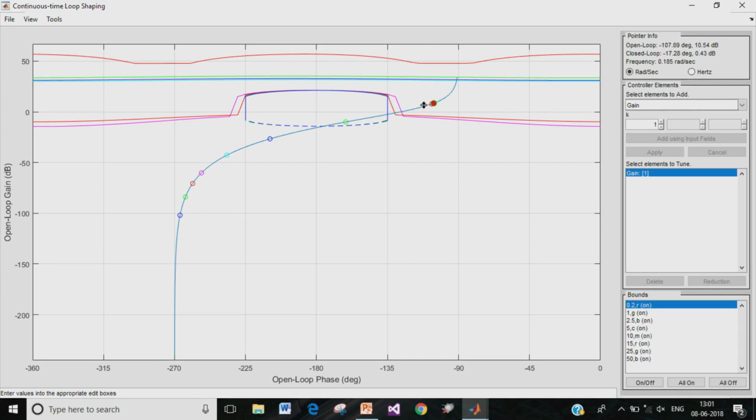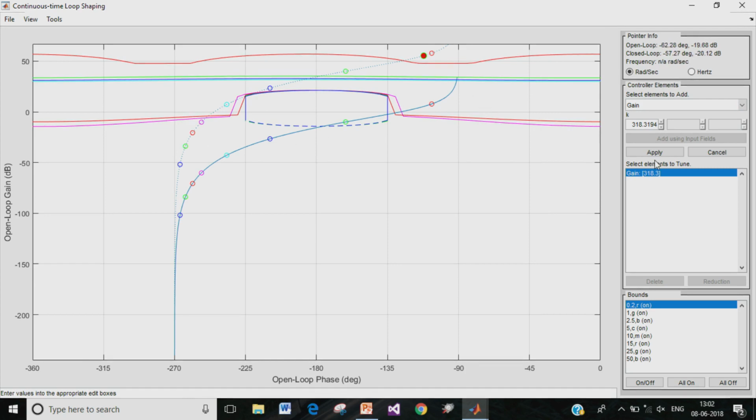So what I shall do here is take the entire loop gain and drag it up in this particular manner, and the software will allow us to place this loop at whatever location that we want. And if we do that, then on the right hand side we see the kind of gain that we need to choose in order for our loop shape to be located as indicated by the dotted lines here.